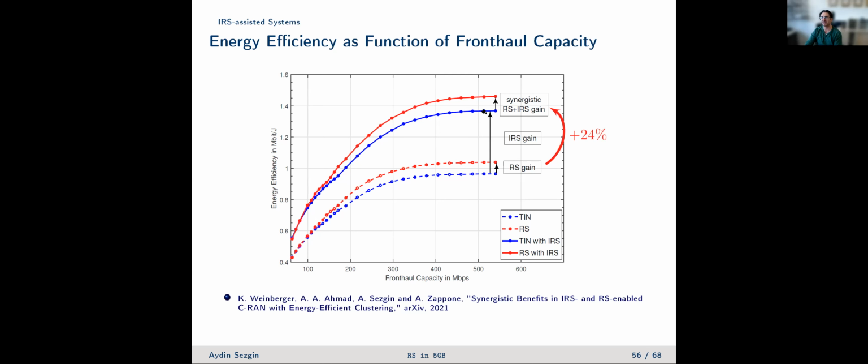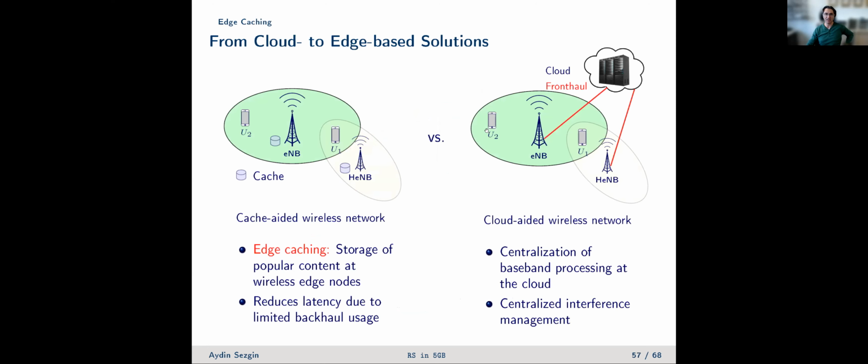And the interesting aspect is you see that we have some synergetic gains, because the gains here are this large and the gains here are a bit higher. So we are getting 24% more gain by combining rate splitting and IRS, because there's a synergistic benefit in both cases. We can apply those concepts not only to cloud but also to edge